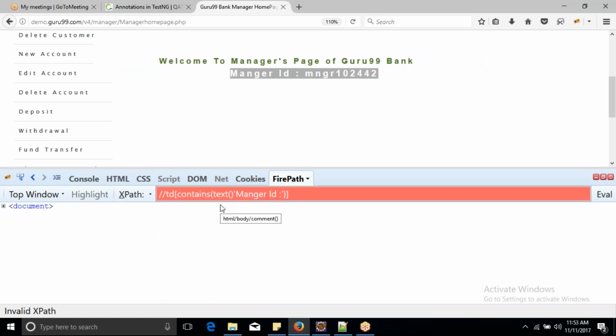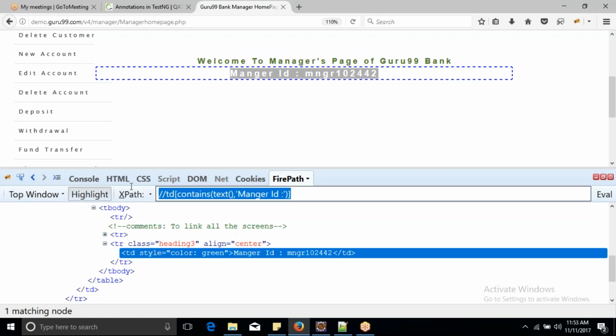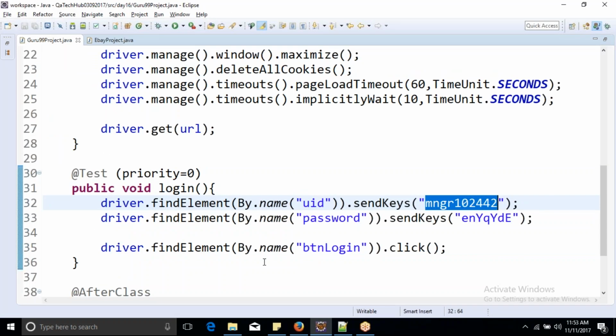Here it is comma instead of equal. Yeah, so you can see it selected that. So what we are doing, we are searching for a TD which contains this. If we get this, okay, here what I'll write after clicking, I'll say